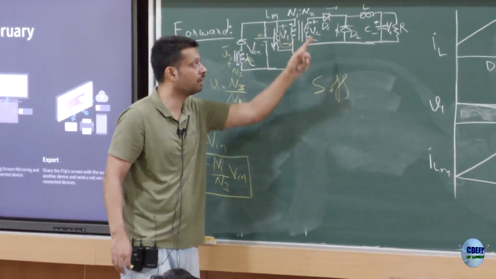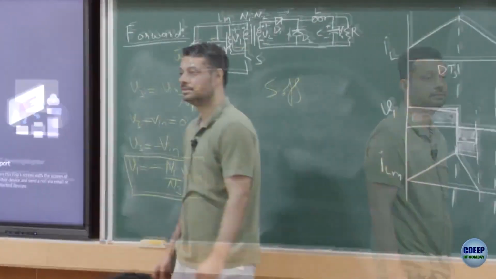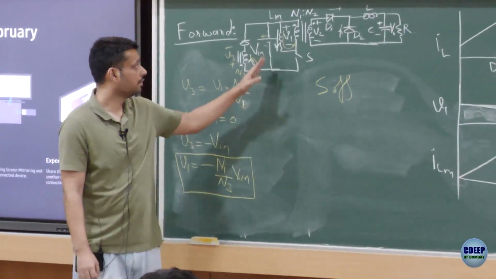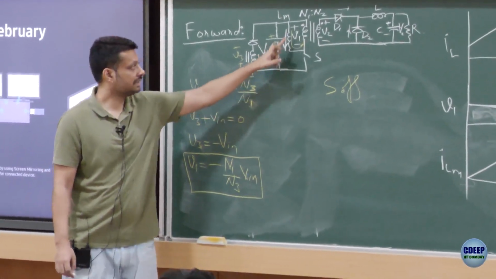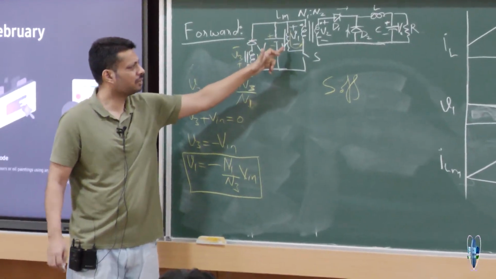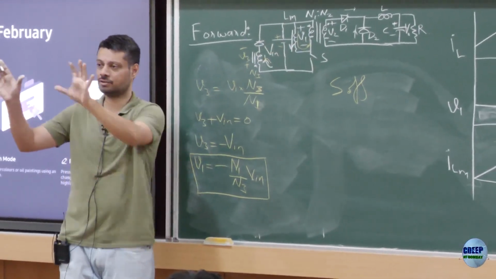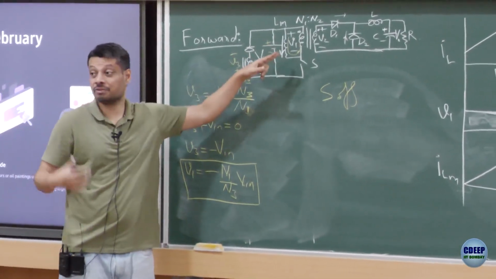Is that okay? So you require D1 as well. Is this clear? Not clear? Yeah, it's able to force the current. So this magnetizing current is flowing through this winding. Of course, in reality, there is no ILM separately there, no transformer separately there. Everything is integrated, right? But for our analysis, this is how we visualize it.